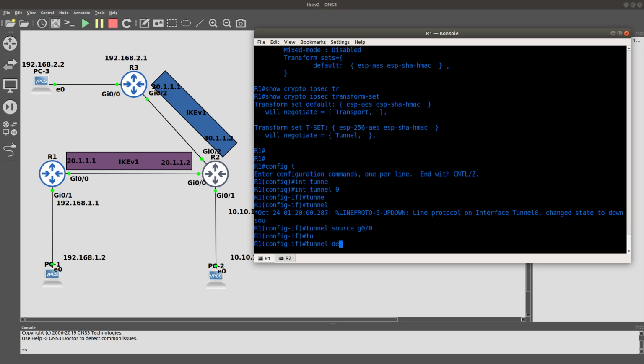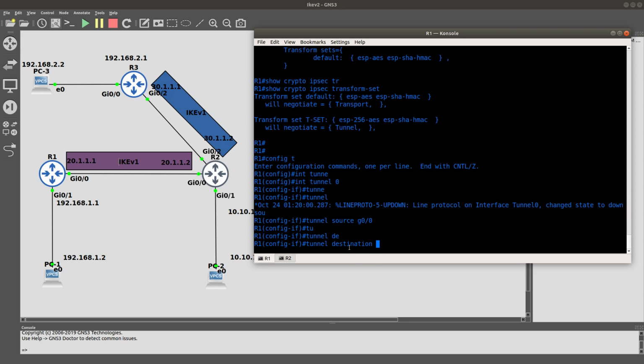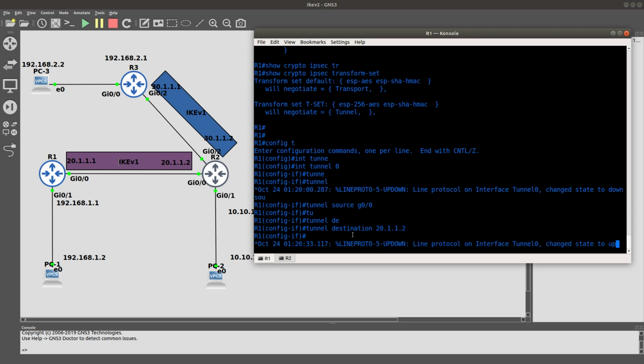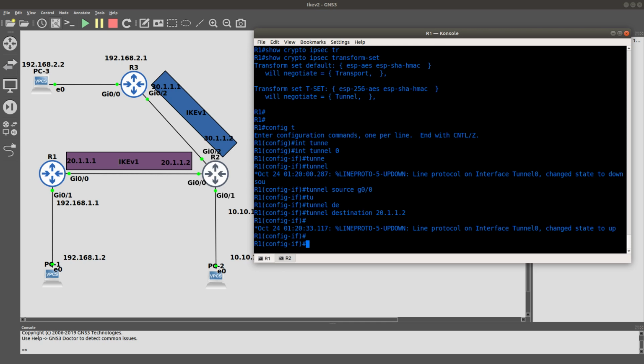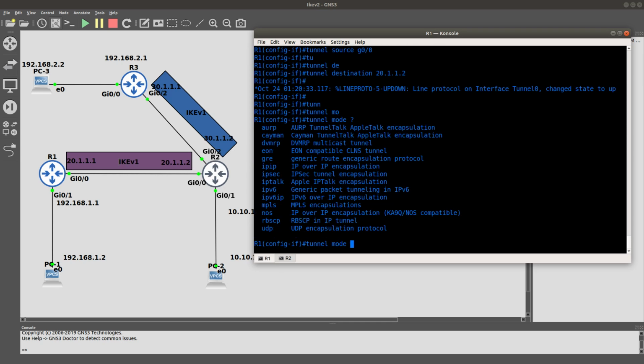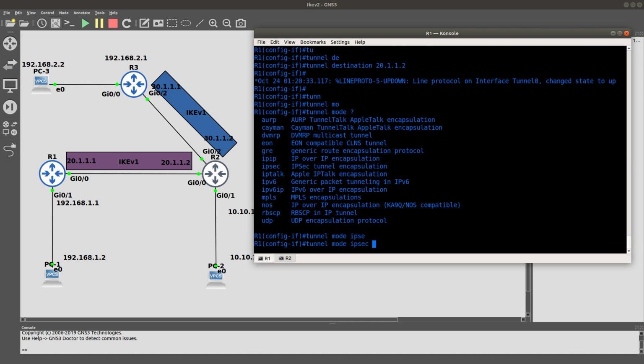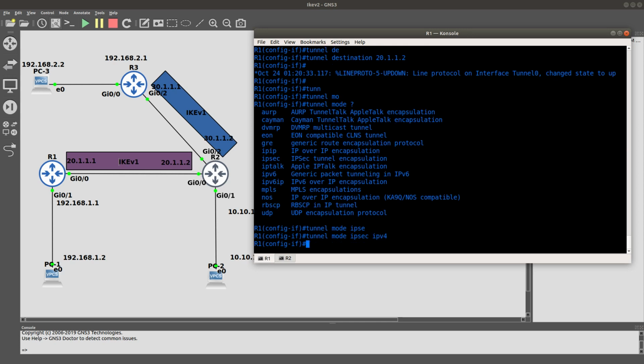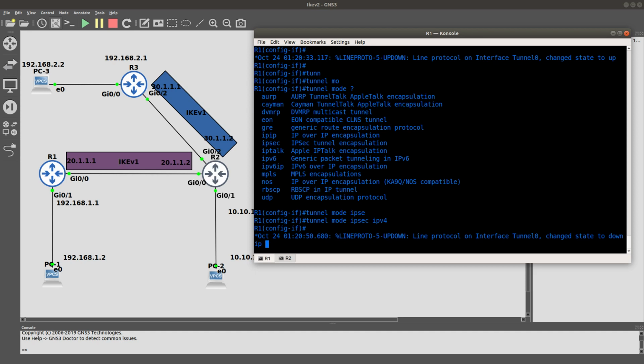And then we need to do the tunnel destination, and the destination needs to point to the other endpoint, router 2, which is 20.1.1.2. There it is. Okay. So after that is done, you need to do a tunnel mode, and we are going to use IPSec with IPv4, and then we need to configure an IP address for this tunnel,